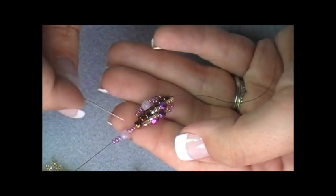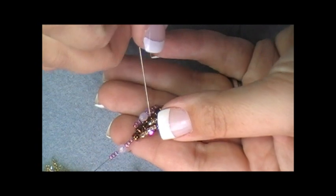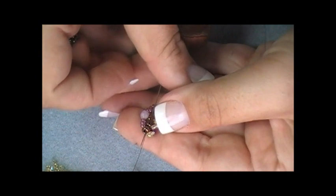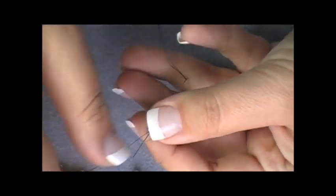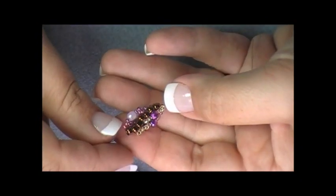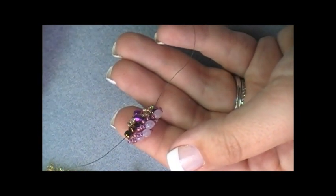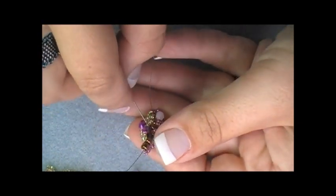I'm going to take my needle, come up through the top 4 core beads, which is the one I just added, and then 3 more. So 1, 2, 3. So take your needle, wiggle through there, and pull. Take the ones you just added, flip it to the left, and you're ready to add a segment B, which is 3 size 11, 1 4mm, and 3 size 11s, and you're going to come up through the top 4 core beads,